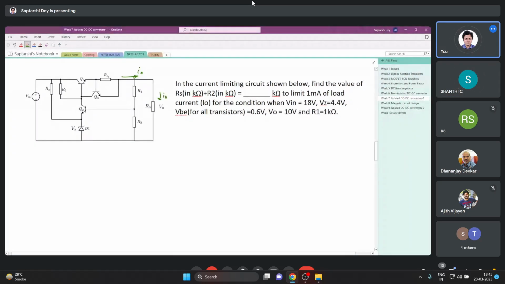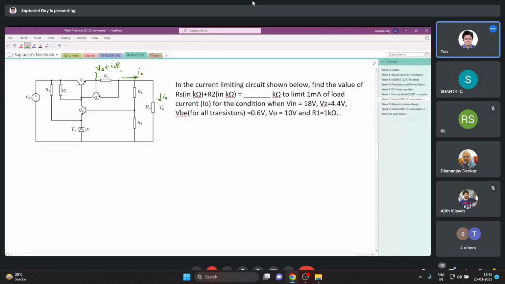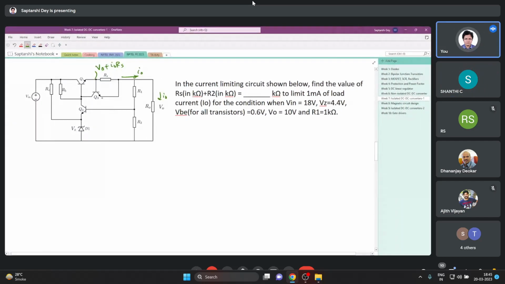If this is the output current I naught, then the voltage here is simply V naught plus I naught into RS. So basically they are neglecting this emitter current. So what I can guess why this is possible is that if we have